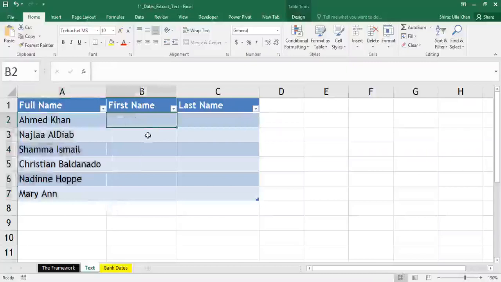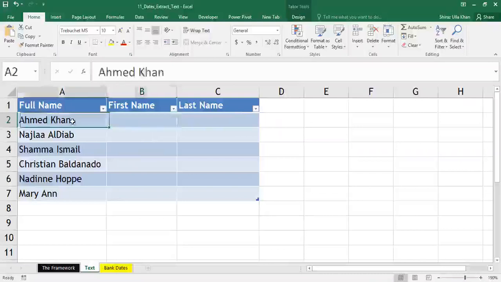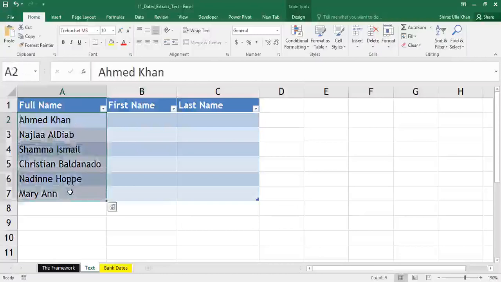As I told you at the start of this video, the text to column utility is just a three-step wizard, and we just need to follow the steps and our end result is achieved. Okay. So people, I would request all of you to please select the data from A2 to A7. This is the first step. When you want to split the data or use the text to column facility, you need to first select the data which you want to split. Okay. So I have selected the data from A2 to A7 as a first step. And then people, the next step is we need to click on the data tab.